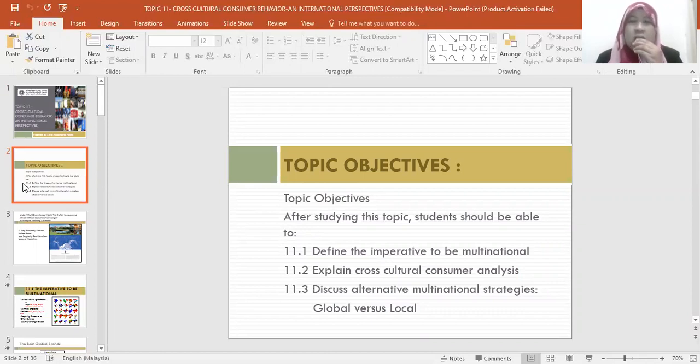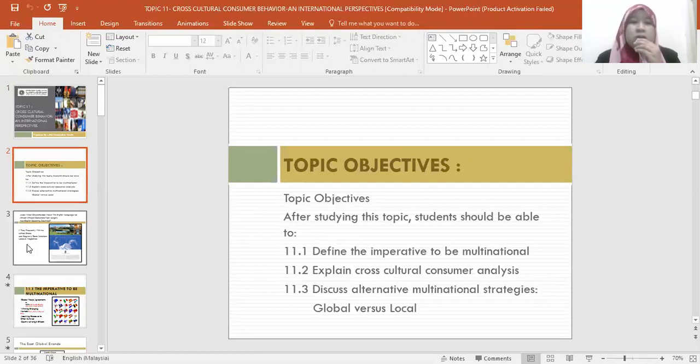Multinational means how one country is able to expand their products and services to another country, for example exporting, importing to or from other countries. Then, number two, explain cross-cultural consumer analysis, and the third, discuss the alternative multinational strategy, global versus